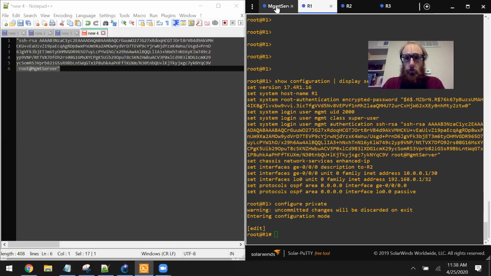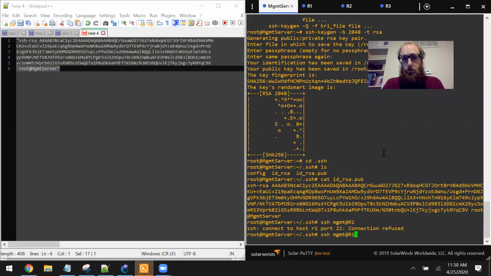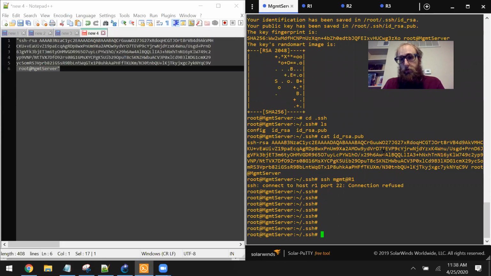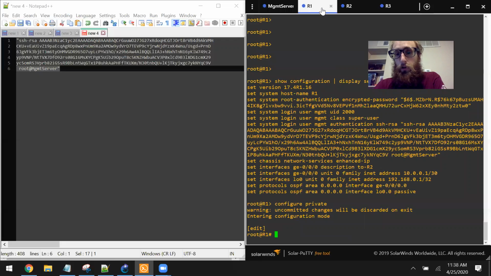So another really good command that I hope is on this server, though the server has been kind of fun to use, so it's probably not on this server. Yeah, it is nmap, and with nmap, it'll show you which services are enabled on a remote device, and we would see that SSH on port 22 is not enabled until we go and do the set system services ssh